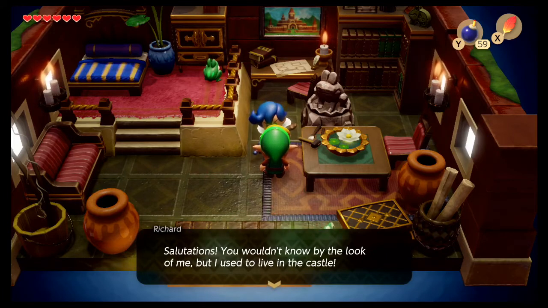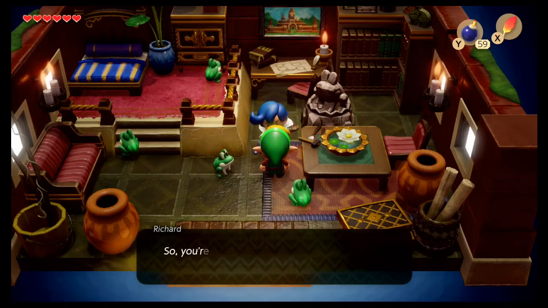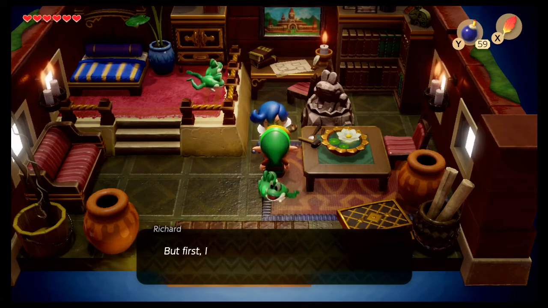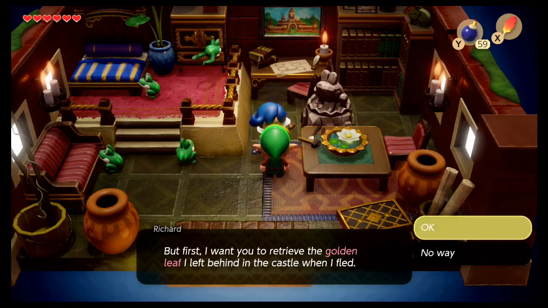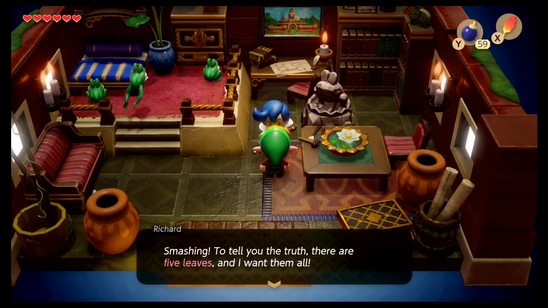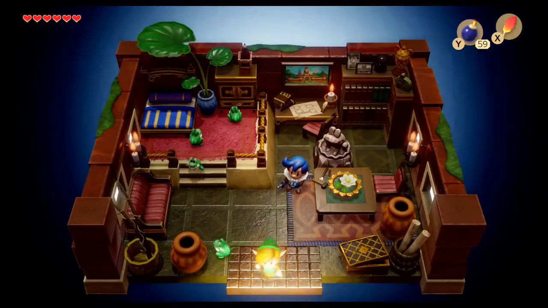Salutations! You wouldn't know by the look of me, but I used to live in the castle. My servants went berserk and I was forced to flee to my villa. So you're looking for something, are you? I may have just what you're after. But first I want you to retrieve the golden leaf I left behind in the castle when I fled. Okay. Smashing! To tell you the truth, there are 5 leaves, and I want them all. Okay, you'll need to do some digging, so buy a shovel. Are you off then? Good luck! Or you are...